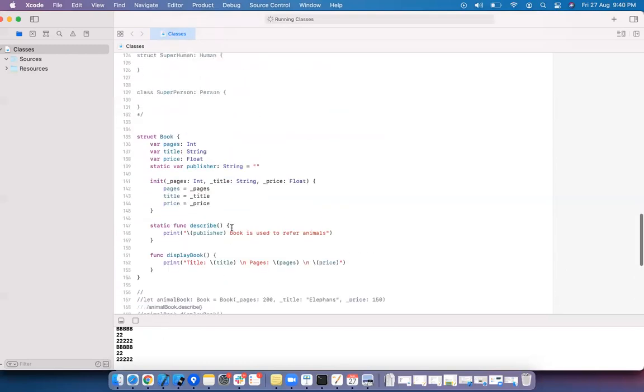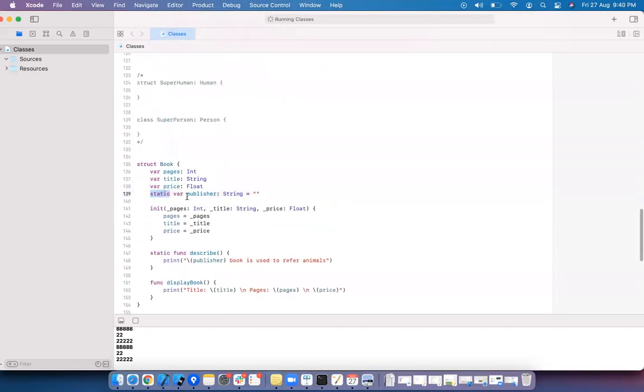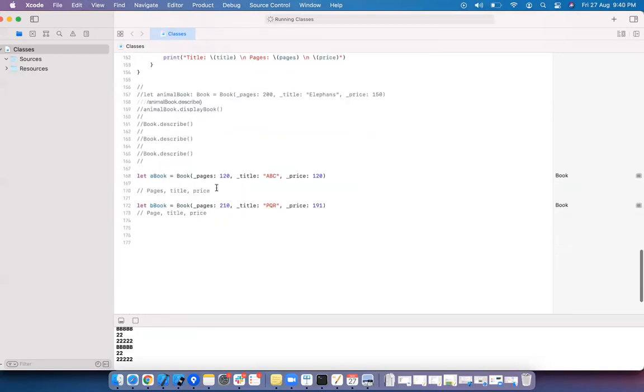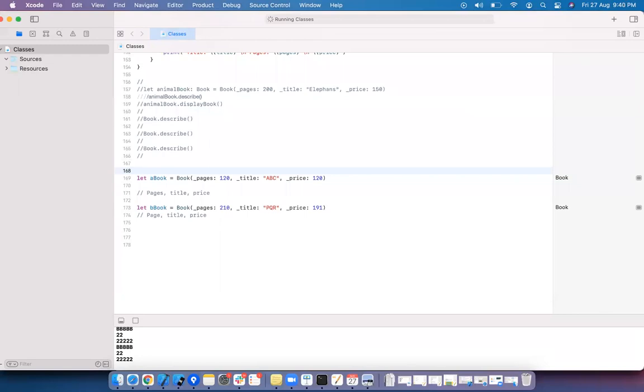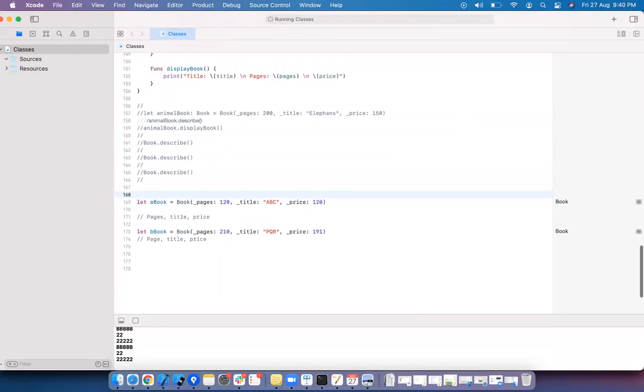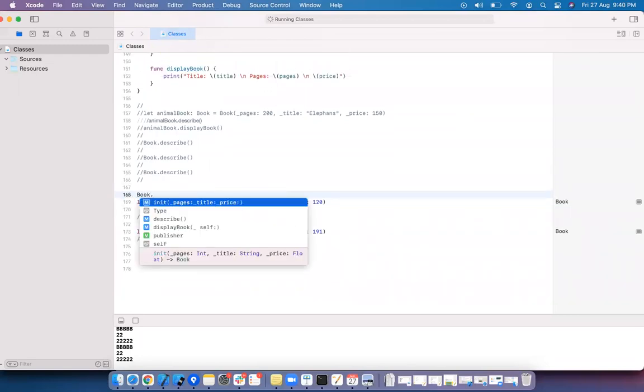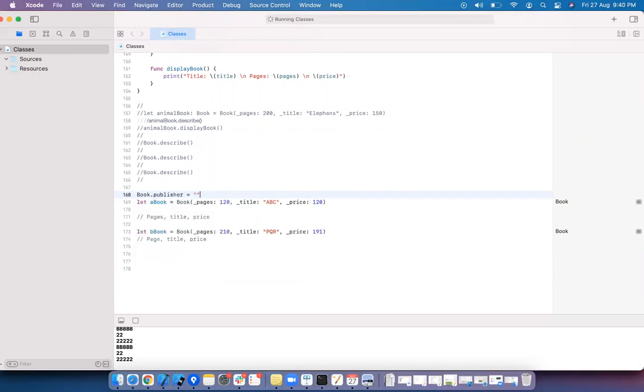In the case of static members, they are class level members. Only one publisher will be available, only one memory location. On top of book, I'm having publisher equal to, let's say, mega publications. If you print publisher here, it is the same.